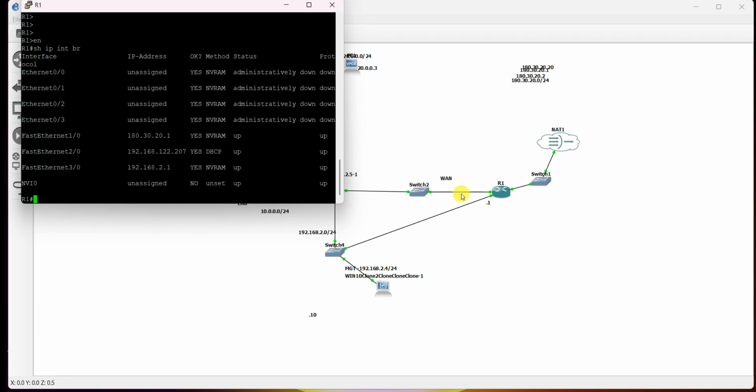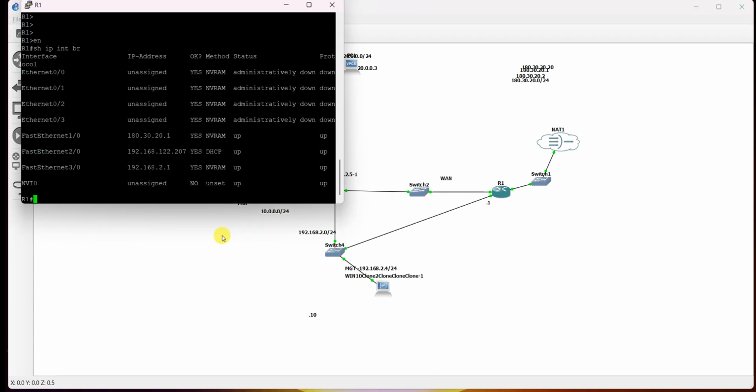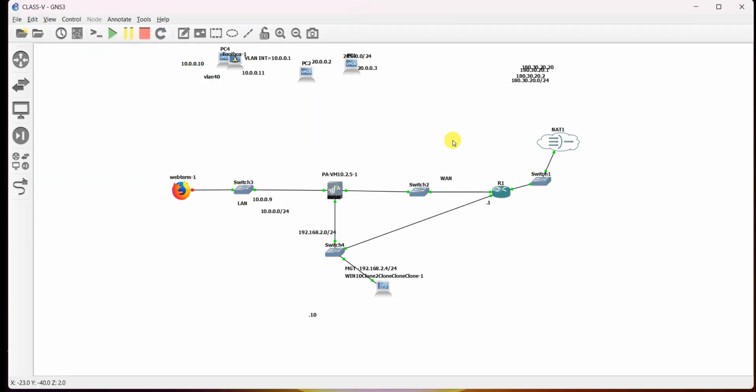this is a 1/1. What I'm saying is that this interface right here attached to the router seems to be a FastEthernet 1/0. So when we look at the configuration we have for the router, which is 1/1, it is 180.30.20.1. So what I will suggest is that we